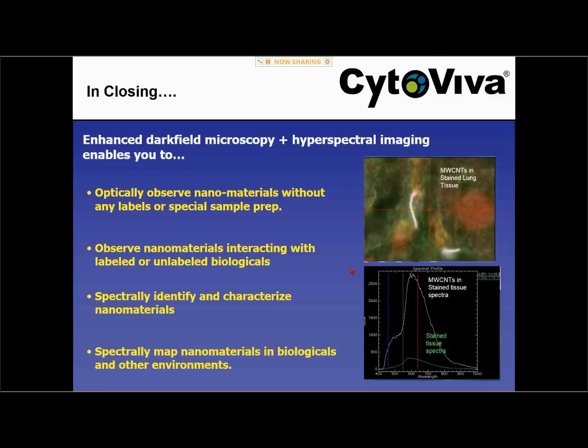And first is the ability to optically observe nanomaterials without any labels or sample prep, and to observe those nanomaterials as they're interacting with labeled or unlabeled biologicals. We also illustrated how you can see that with fluorescent and non-fluorescent sample elements, and the potential to also observe those in a 3D format. We also illustrated the ability to spectrally identify and characterize nanomaterials, and the ability to spectrally map those nanomaterials in biologicals in a wide range of other environments. So there was a lot of information provided here today about the ability to optically observe and spectrally characterize nanomaterials